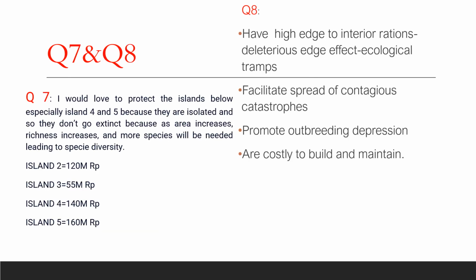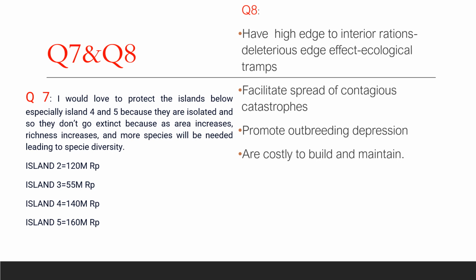I would love to protect the islands below, Island 2, 3, 4, and 5, especially Island 4 and 5, because these islands tend to have small species in their community, and because of that, they are isolated, so that they don't go extinct. So I would love to protect the islands to enrich them, so that there will be high productivity and abundance, because as area increases, richness increases, and more species will be needed, leading to